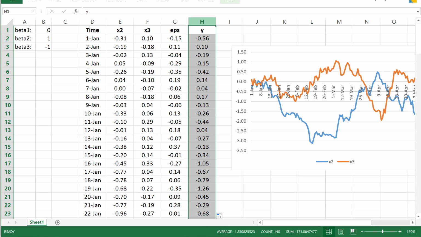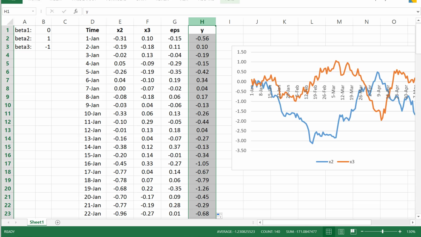And since the y variable is just a linear combination of these x2, x3, and epsilon, we know from before that this must be stationary as well. So here is a simulation satisfying all the Gauss-Markov assumptions for a time series linear regression model,